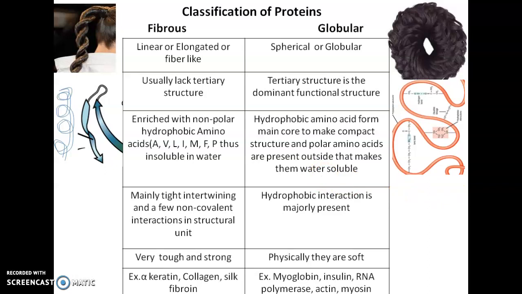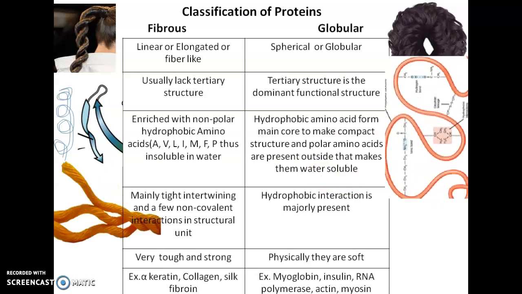They are mainly tightly intervening in this fibrous protein. The unit structures are present in an intertwining form, and also a few non-covalent interactions, as I've already told you above, may also be present in the fibrous protein, while in the case of